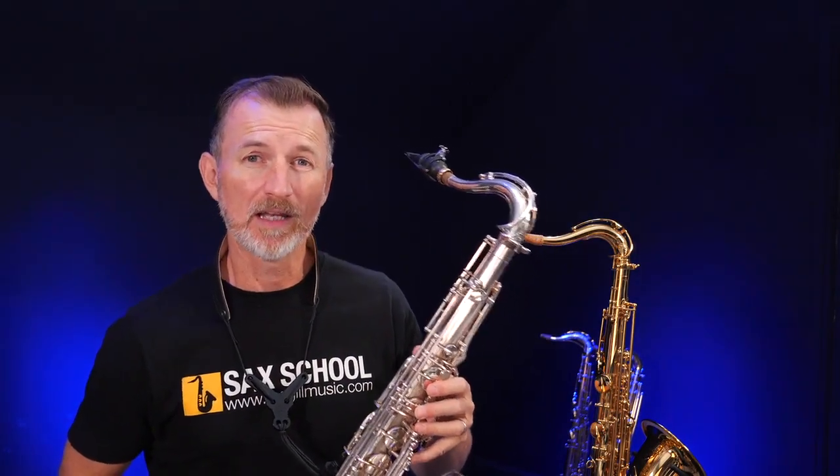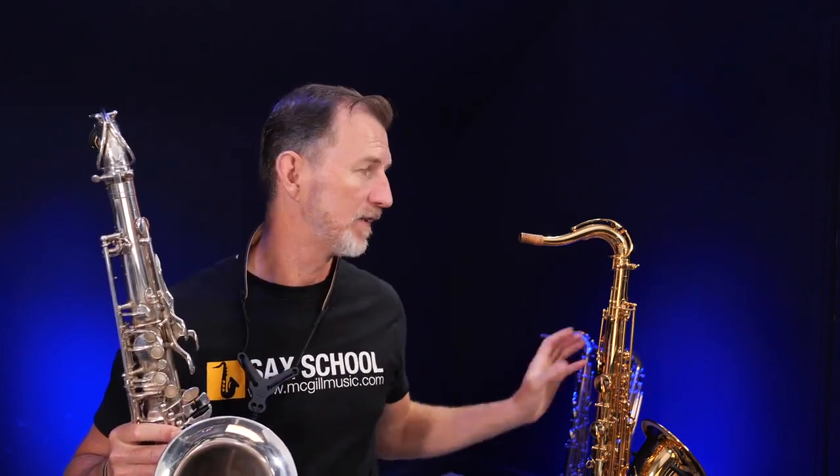So it really does have a lovely warm sound. This also, the Reference 36, also has a lovely warm sound, but it does definitely sound like a modern horn. I don't know what the difference is, the alchemy, weird science that goes on between the two, but when I play it, even with my eyes closed, this sounds to me like Ben Webster or Lester Young or some old 40s 50s sort of saxophone sound, whereas this has got elements of that, but definitely also sounds a